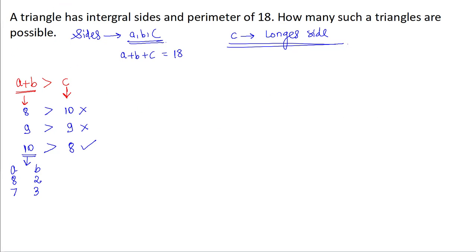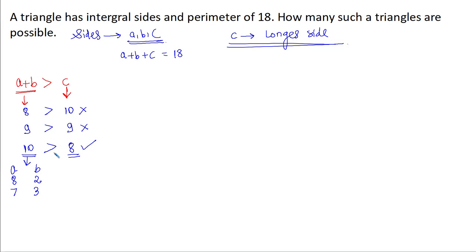Over here, look here, so a plus b has to be 10. Okay, 8 is the longest side, so we cannot use a number which is more than 8. Okay everyone, c is the longest side that we assumed. So we cannot use a number which is greater than 8, so we can use 8. Okay, 8 comma 2 comma 8 is possible.